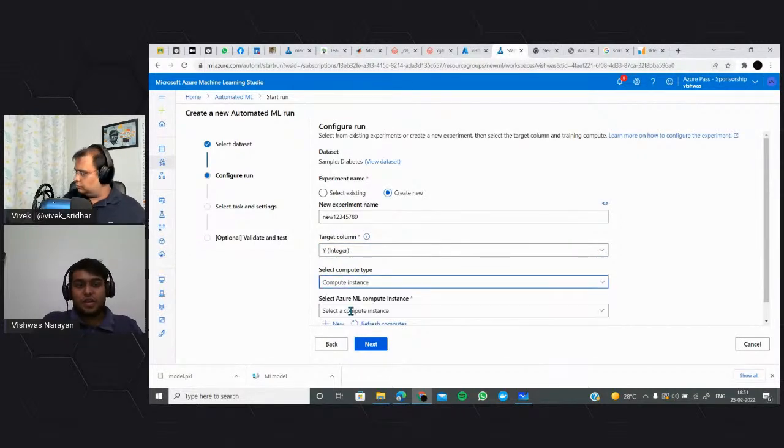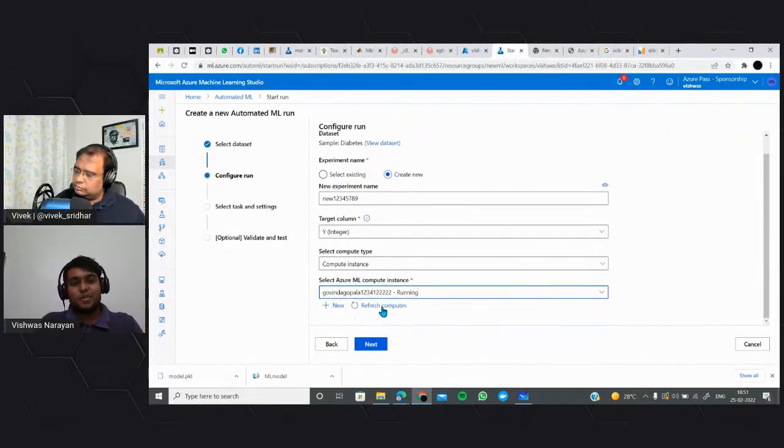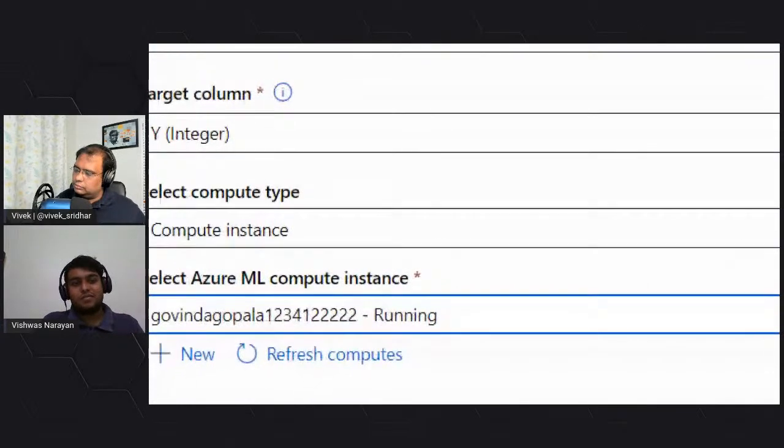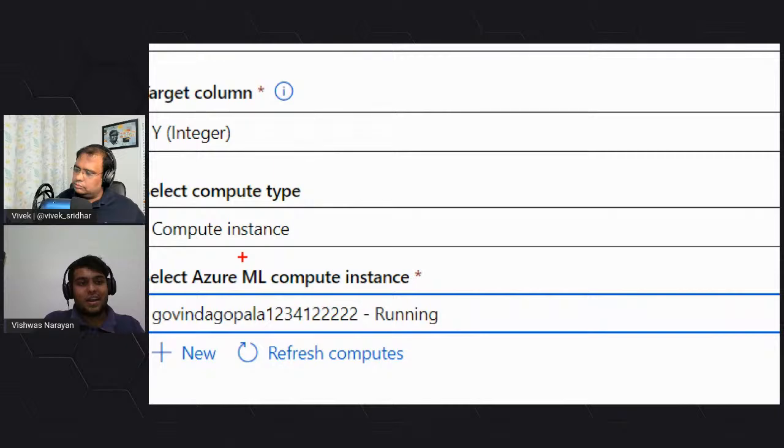And you can choose any of the compute instances, click on that compute instance, and a simple trick: create a compute instance first, then go on with an experiment, because it's going to take a lot of time to initiate a compute instance for you, right? So you need that for sure. Or else you just create it and you can just go and create a new compute cluster here, just refresh it, and you will be good to go with a compute cluster,